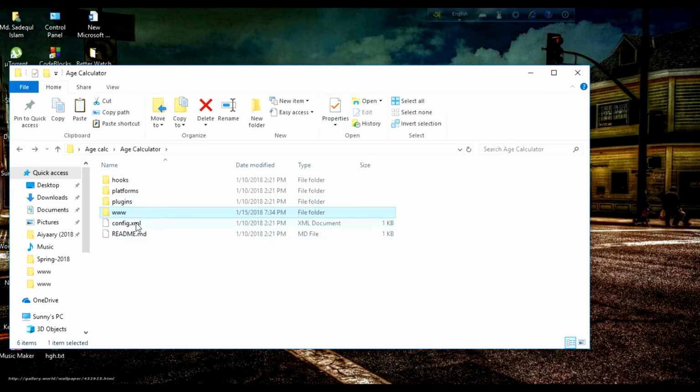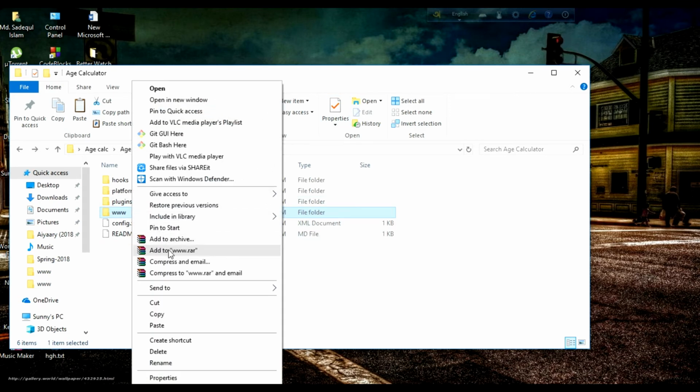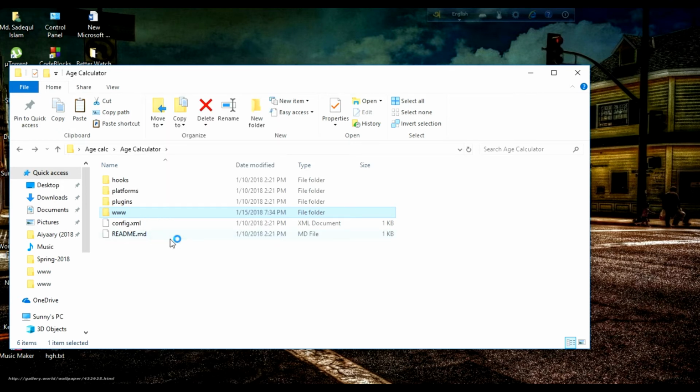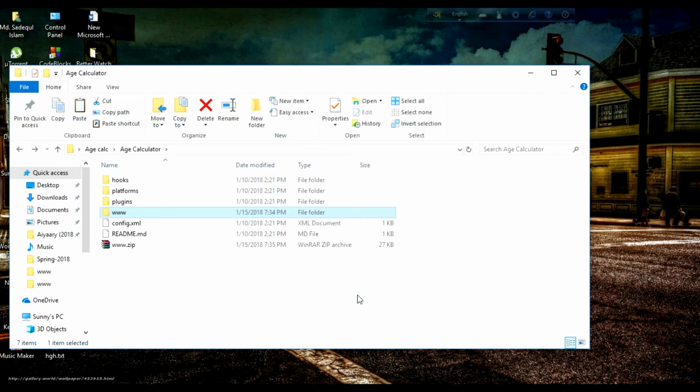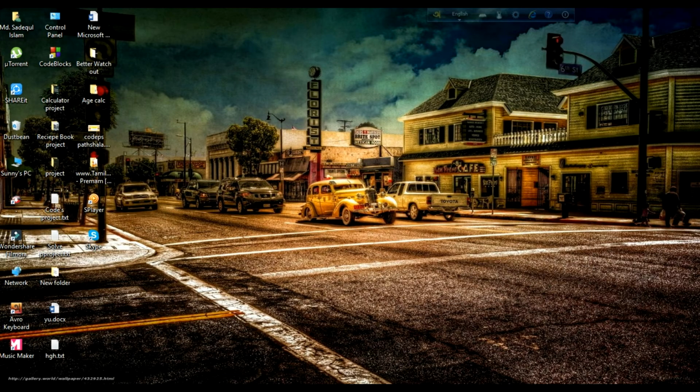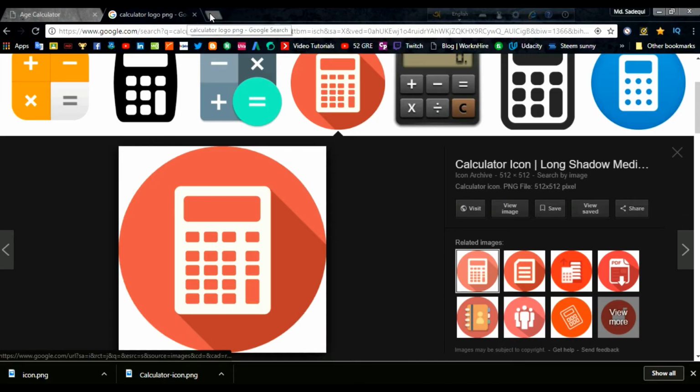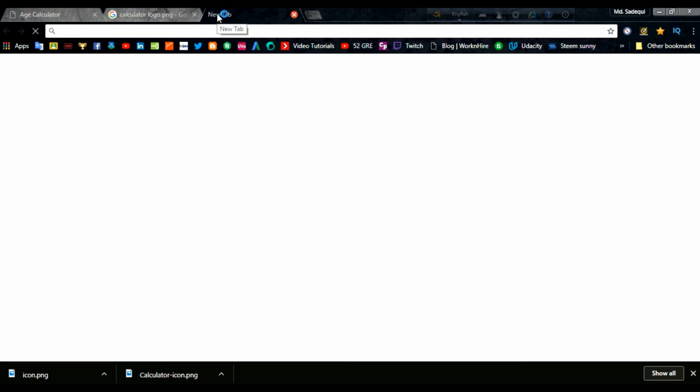After this, we need to zip up this folder. Then we need to go to the internet and type